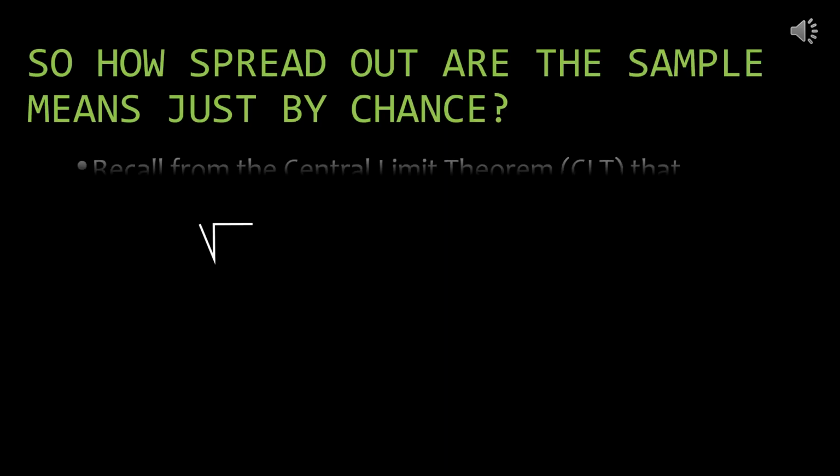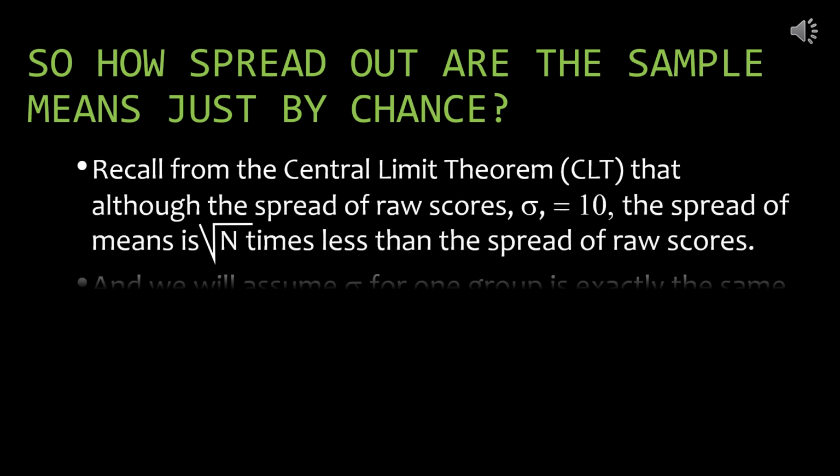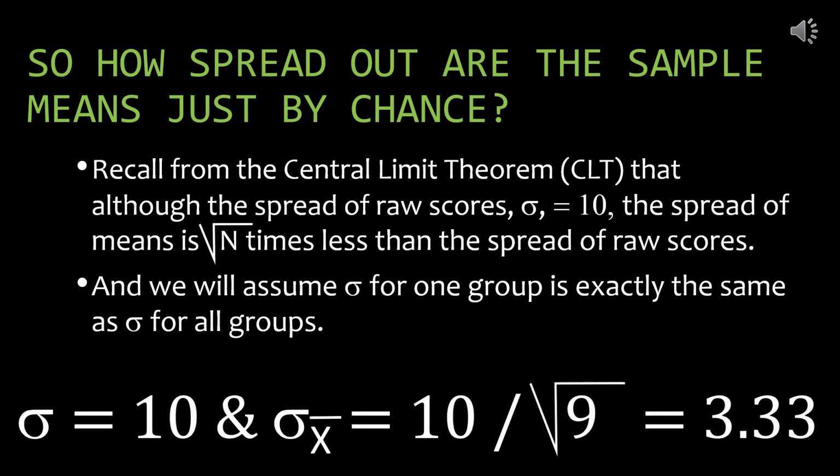So how much variability do we expect in those sample means from the Deep South folks when we know the means are not equal to one another or to their own mu just by chance because they come from a sample? The central limit theorem says sigma over the square root of n, and for us that would be 10 over the square root of 9. So 3.33. Those sample means based on 9 scores from this population of Deep South folks should vary 3.33 minutes